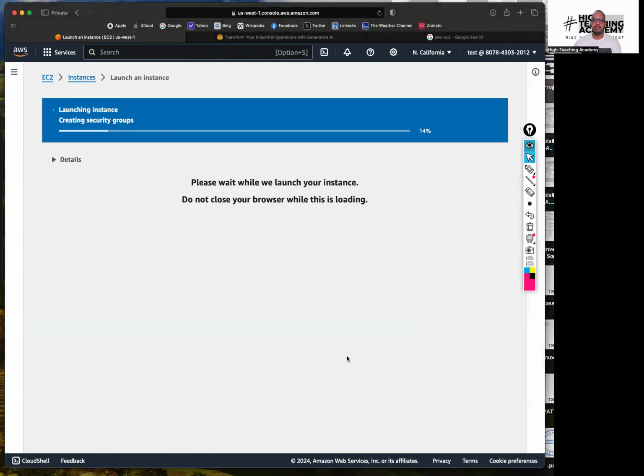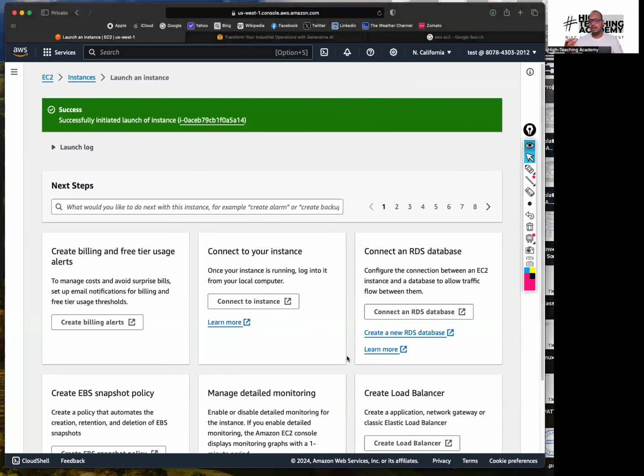So now we have initiated our server, guys. We have given some details, and AWS is going to take all the details and launch a brand new server. And you see there is an ID that is generated here. Whenever you launch any resource on AWS, it will generate a resource ID. So if I click on the ID,